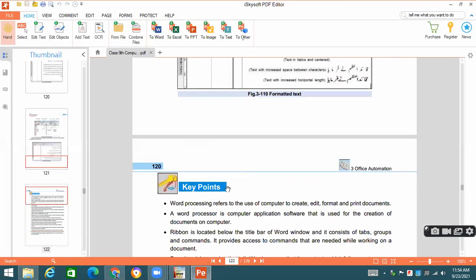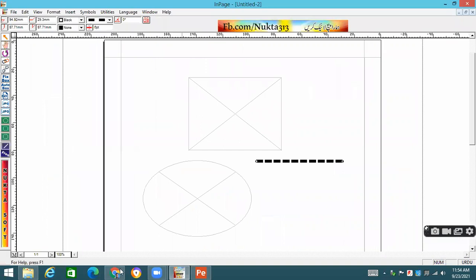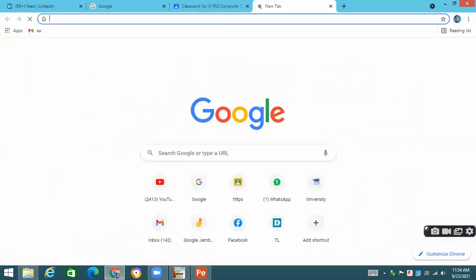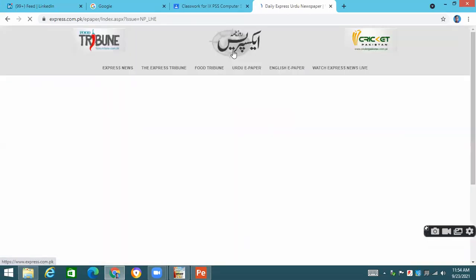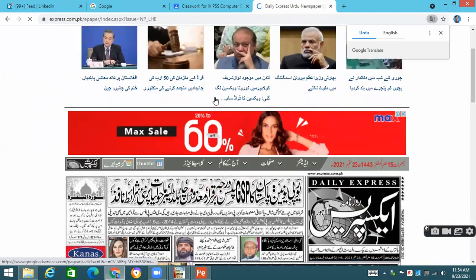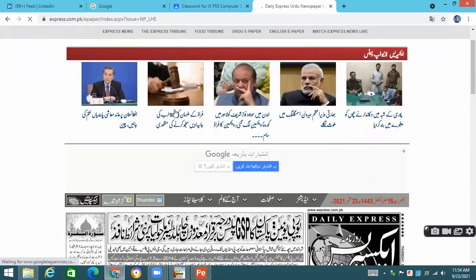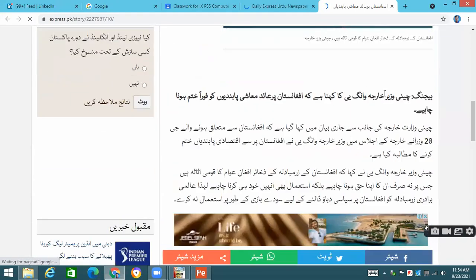The next thing is also not in the syllabus, but I need to explain it. Whenever we copy any text into InPage, for example, if you go to any Urdu newspaper and open some article, like this news, we will see that the Urdu text is there.